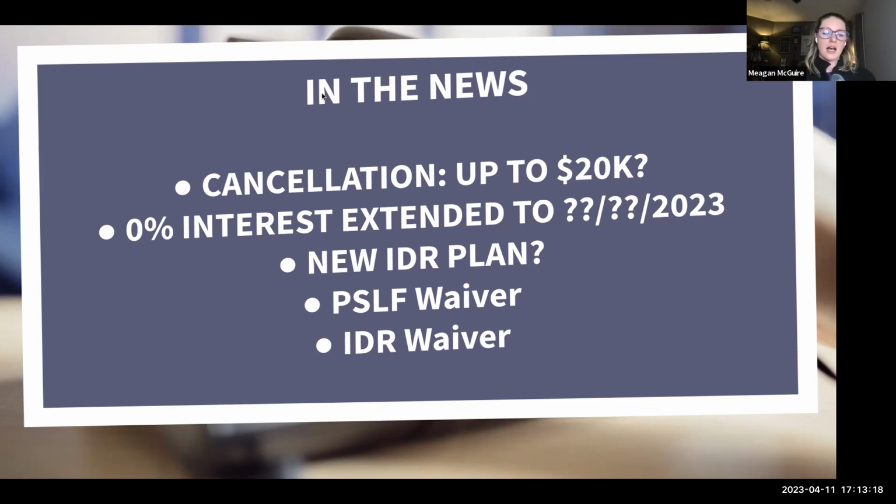Now, the next thing that's actively going on is we have 0% interest right now still on federal loans, and payments are extended to who knows when. What I mean by that is their guidance right now says that they're going to start payments back up 60 days after the Supreme Court's decision on this cancellation. And we still don't have a decision. And it doesn't seem like we're going to have a decision quickly. And more so, when I say decision, I mean that they were going to approve the cancellation. So that again is not looking great.